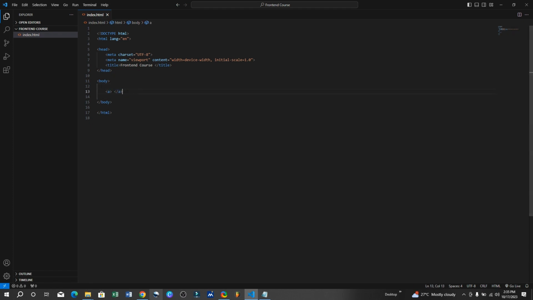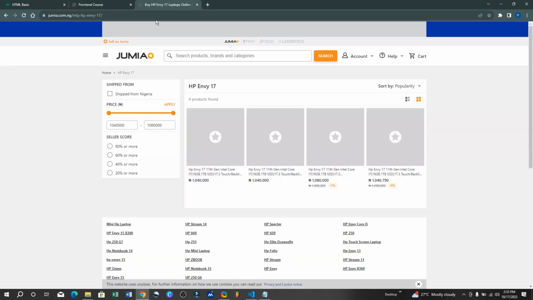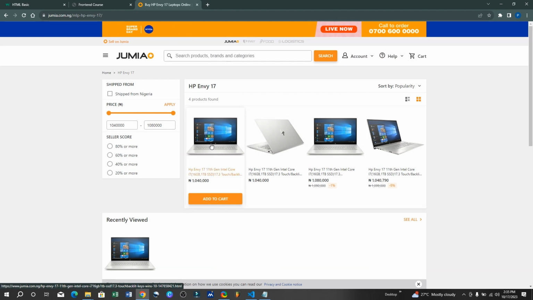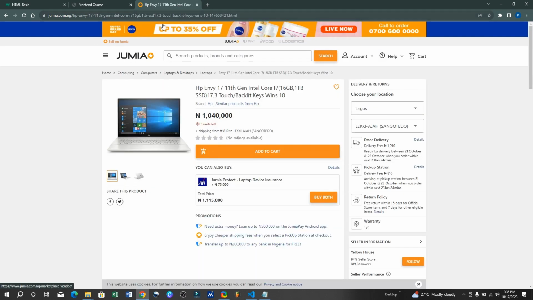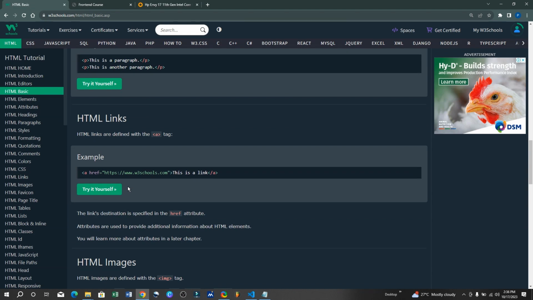What do we mean by link? Let me use Jumia again as an example. When we open Jumia, you can see that when I click on this particular item, it takes me to another page. What has given me the ability to move from one page to another is a link. And the link is defined with the A tag. I hope you understand that. Now the link being defined under the A tag, it doesn't just mean that when you put an A tag, it's going to take you to